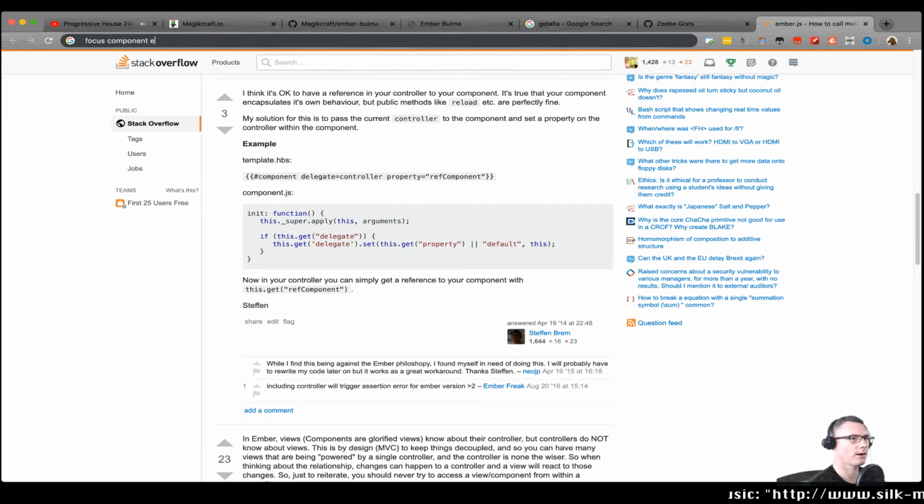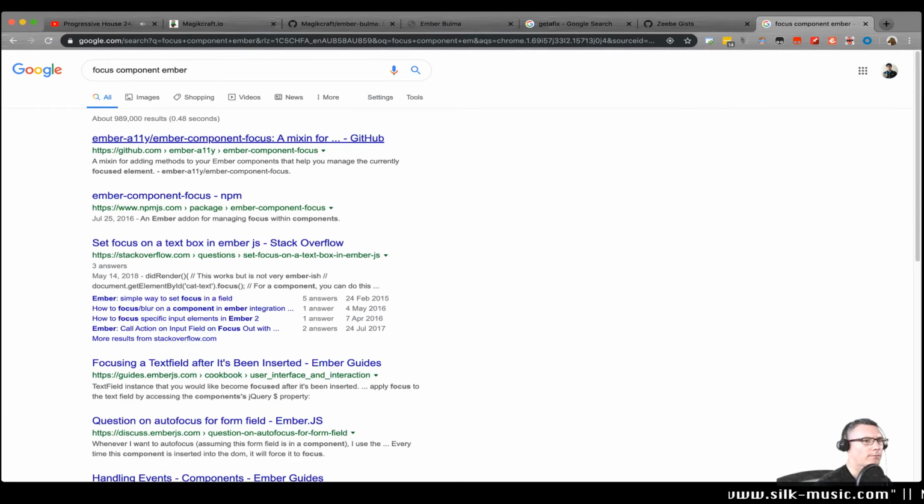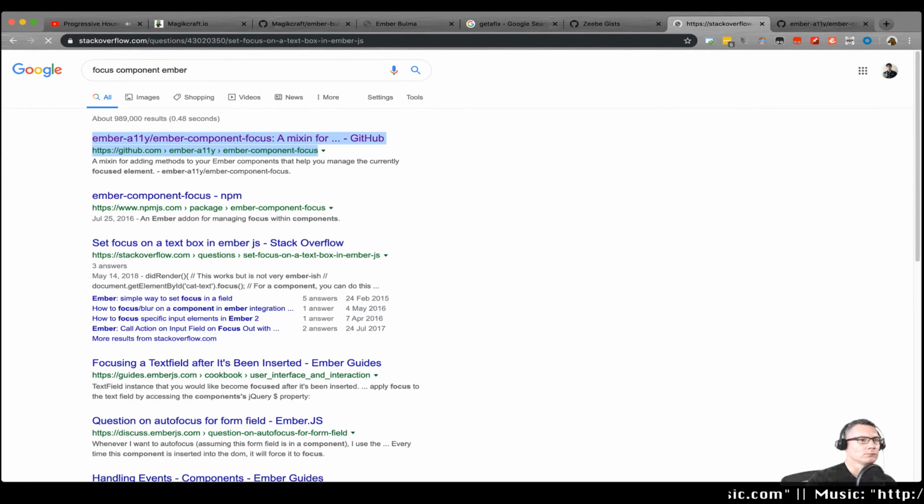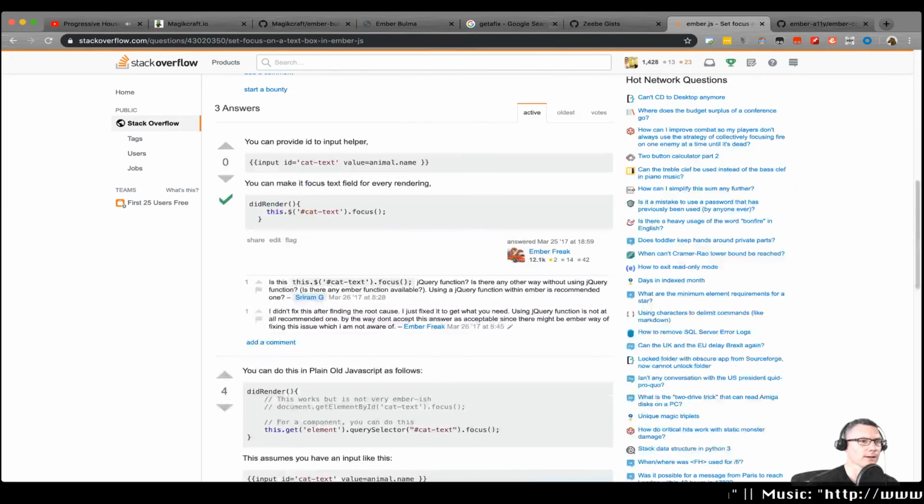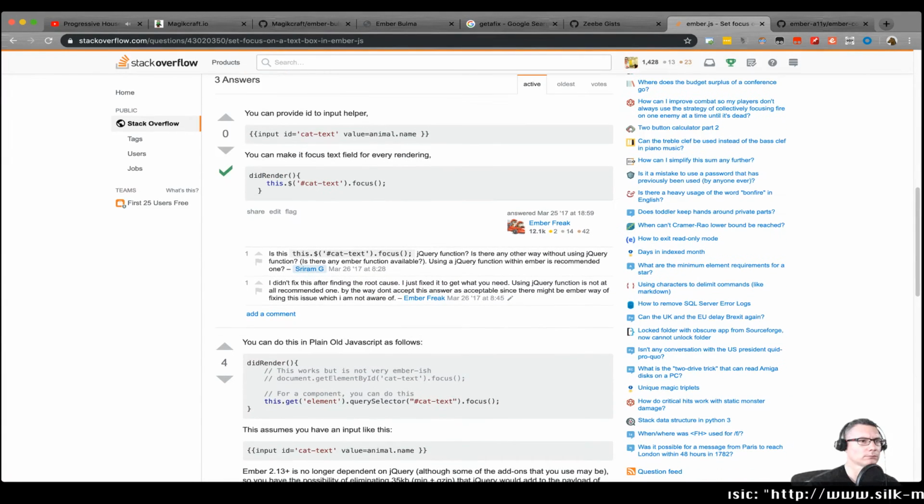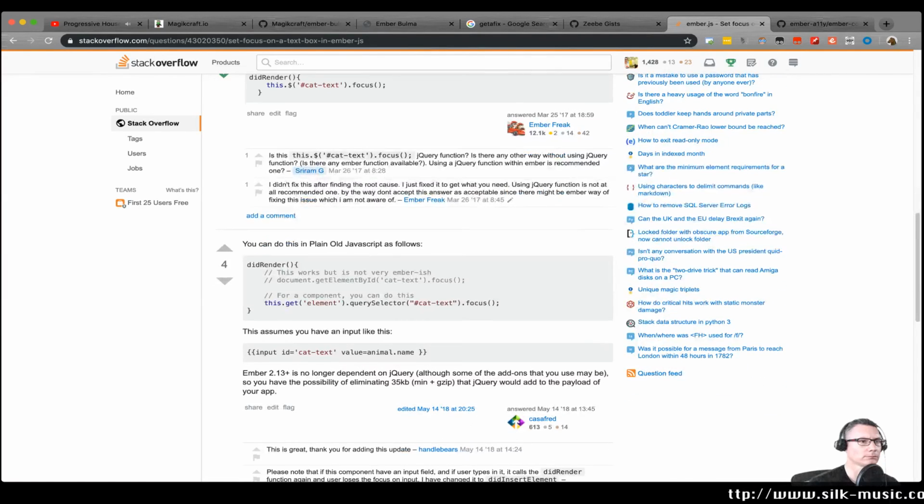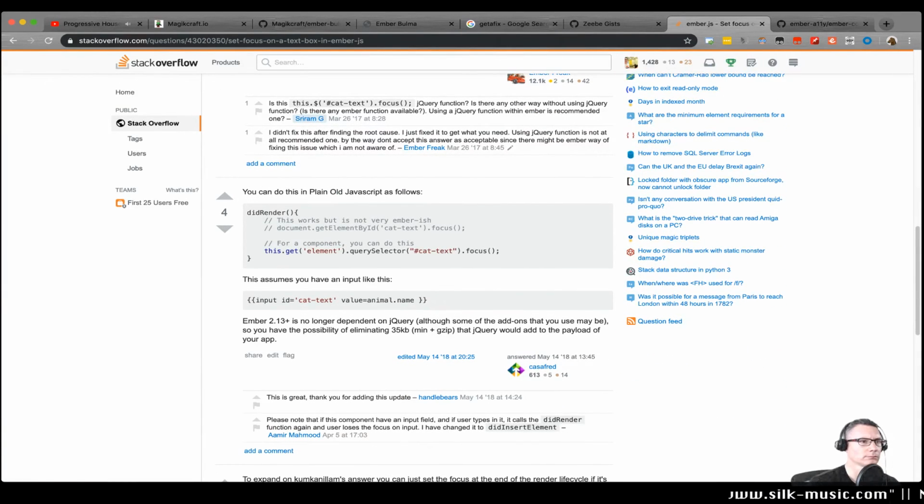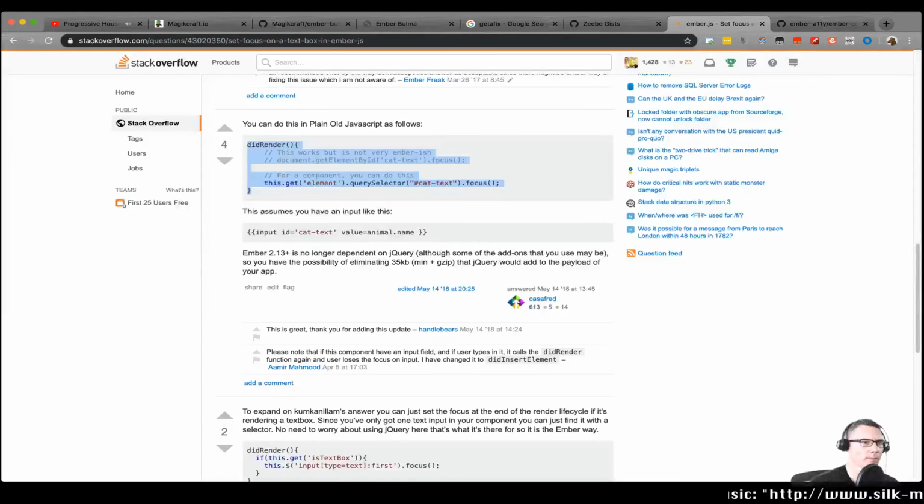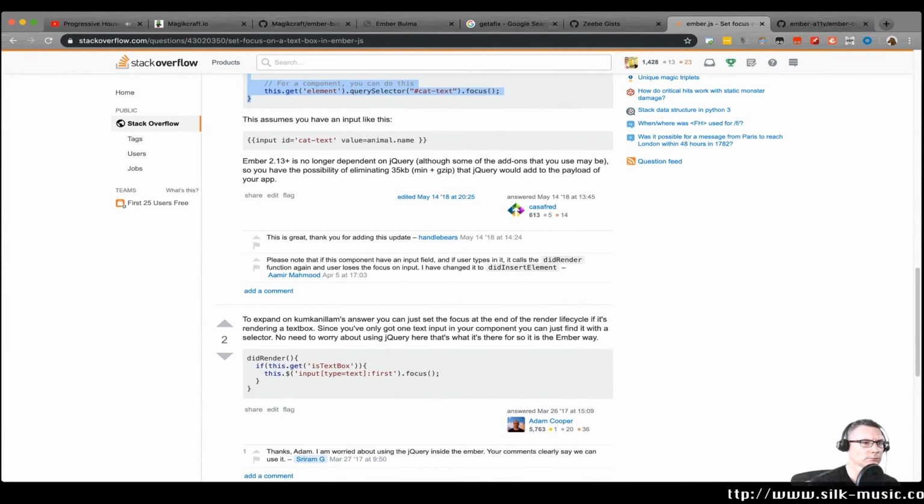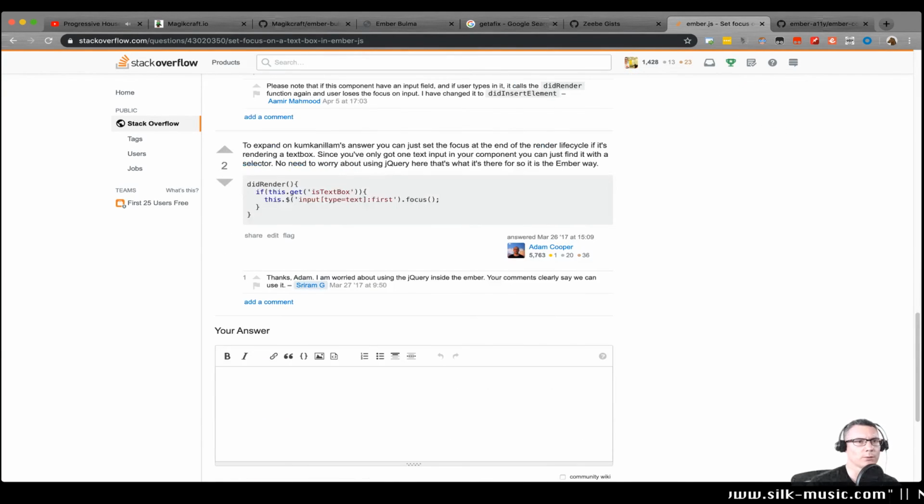Ember component focus npm. Stack Overflow. This works, but it's not very Emberish. You only want to set it to focus if it's